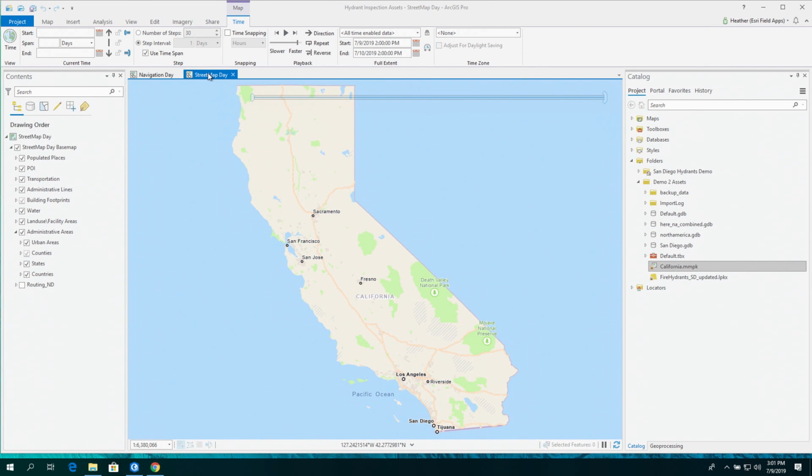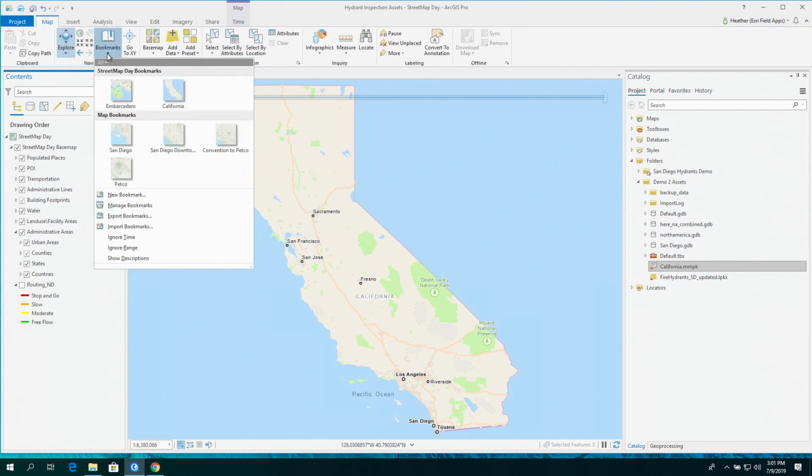In the table of contents, you can see we have everything that we need for the map package. We have our populated places, so the cities, our points of interest, like police stations, national parks, transportation, all the bits and pieces that make that map look so lovely and also make it searchable. The key piece that's in here that makes it a Navigator map is the routing network that's also included. So this is something that you just get out of the box. So now I've got my foundation here, but I want to add my